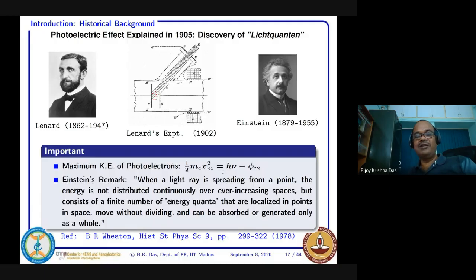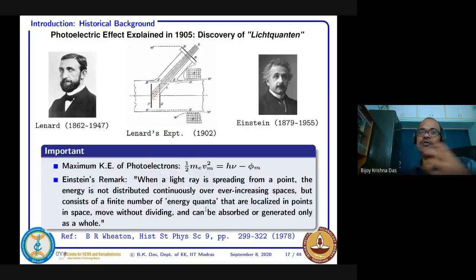So you can imagine that it is not h nu by 2. It cannot absorb half of h nu, or it cannot be 3 h nu by 2 and then acquire energy, or 3 h nu by 3, 5 or so on. It cannot be a fraction. It can take only one photon, one electron, and that is the thing.